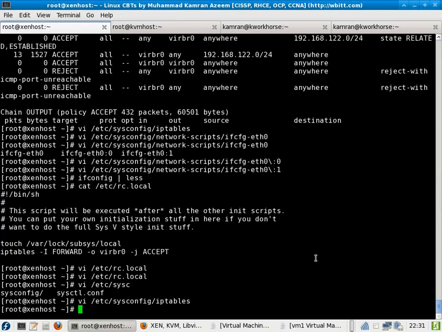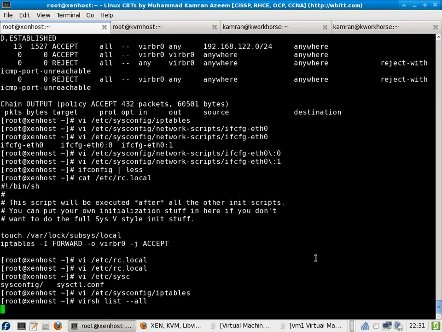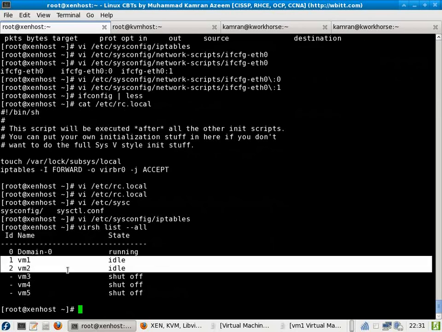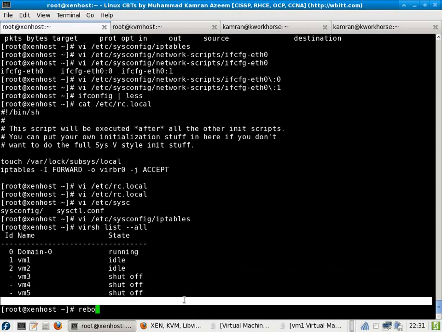We have not changed anything in the libvirt virtual service. We have just changed our two DNAT rules, and for the sake of completeness I'll show you that my two virtual machines are ready to serve, but my rules are not configured, and I would like to emulate a full reboot so that you are sure this setup works if a system is rebooted. Okay, here it goes. I'll just put a quick reboot,